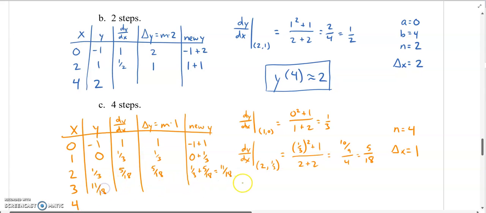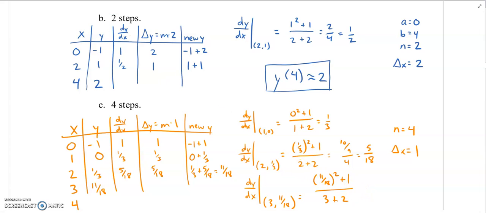These are getting kind of messy. So I might have to break down and use a calculator for this one. We'll go ahead and write this out as 3, 11 over 18. And I'll write that as 11 over 18 squared plus 1 over 3 plus 2. And I'll just pause the computer here so you don't have to listen to me. So according to my calculator, this slope is going to equal approximately